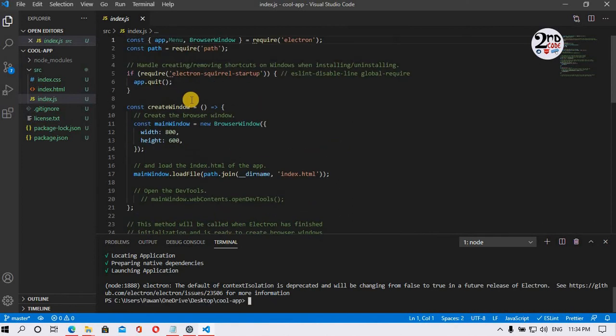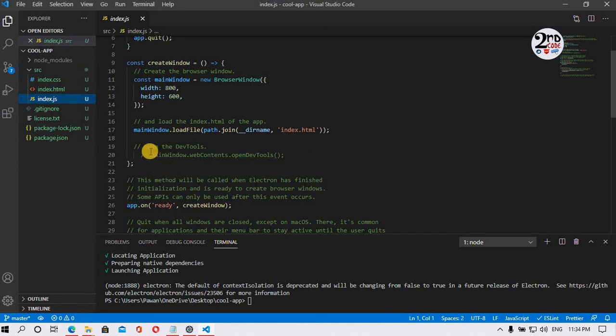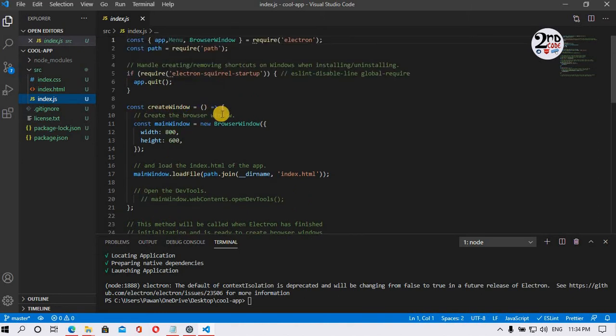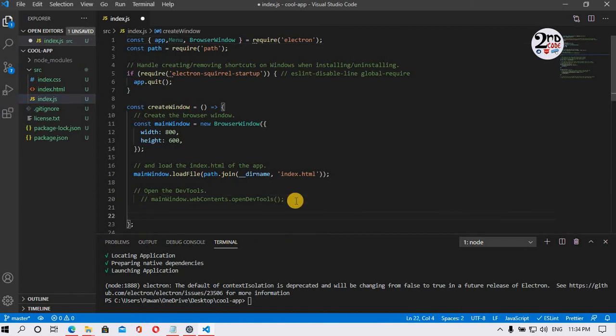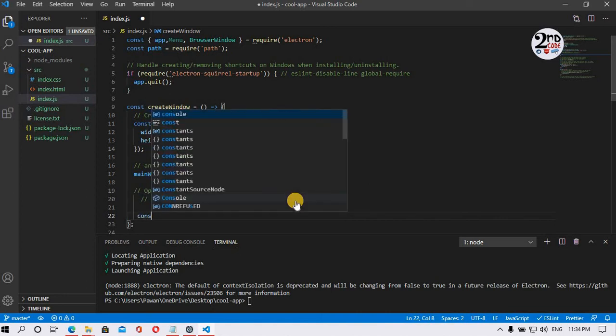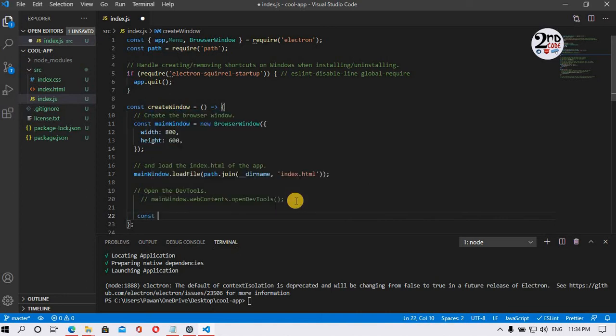Go inside the index.js, and inside the create window function, first of all we have to create a template. So I'm writing const template, simply the menu template, equal to.